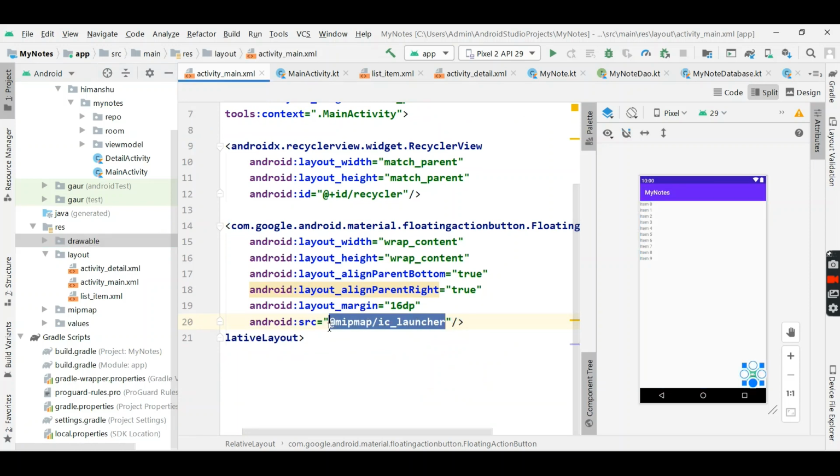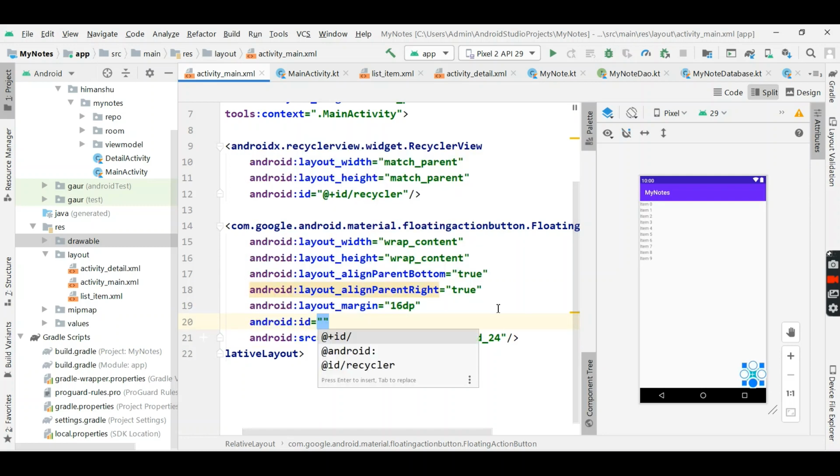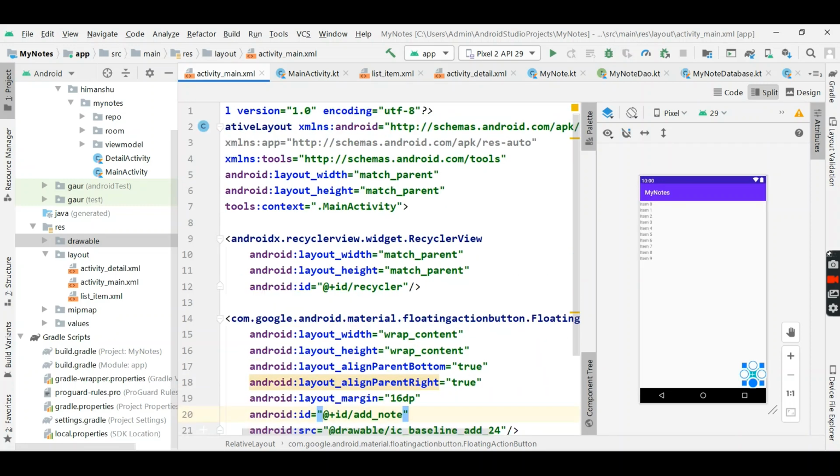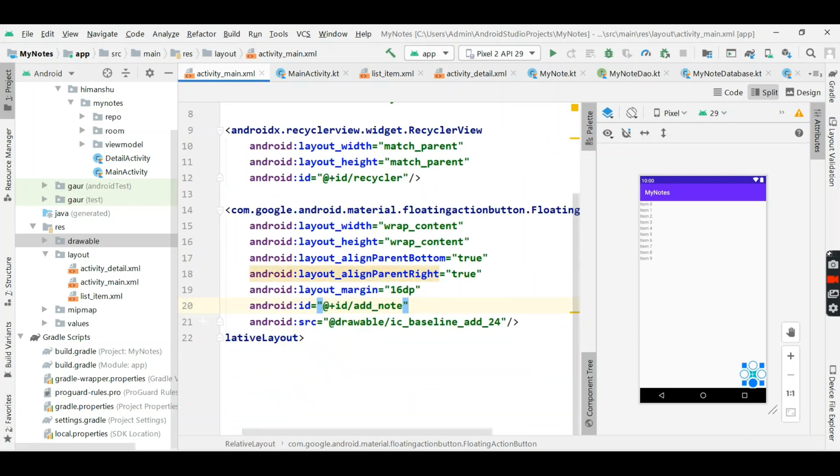So our source is, just type add, you can see this is drawable ic_baseline_add_24. You can see here, provide ID to it. So ID is add node. Okay, so in our main activity we basically have a recycler view and a floating action button.